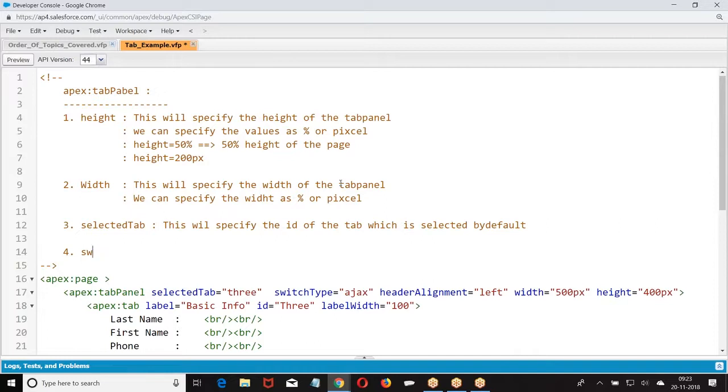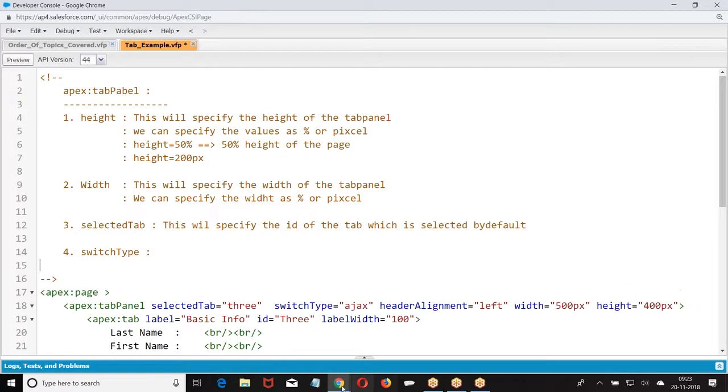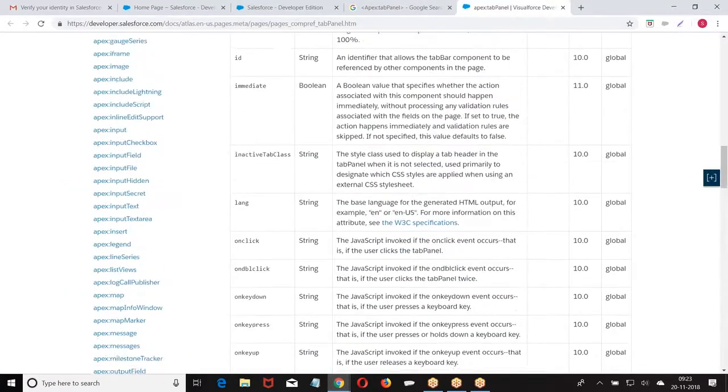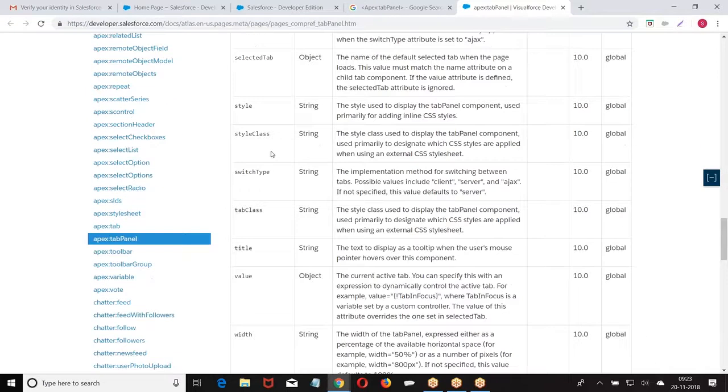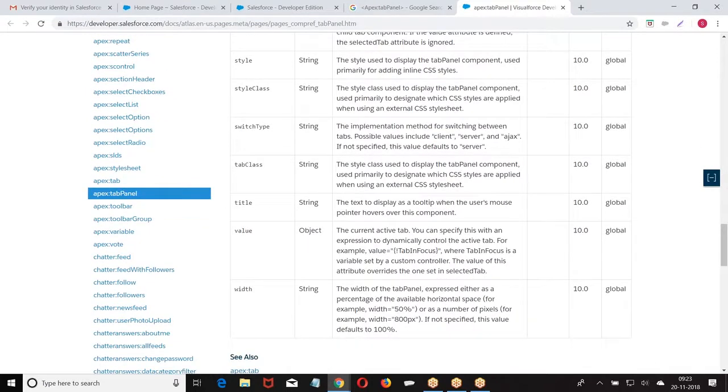Switch type. So what are the possibilities of switch type? We have already seen switch type will have client, server, and also we have Ajax. But what is important for us? Ajax.